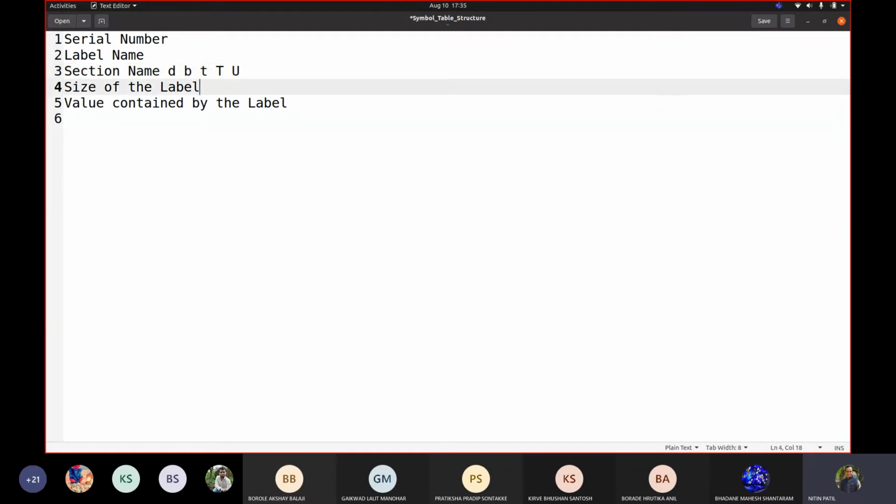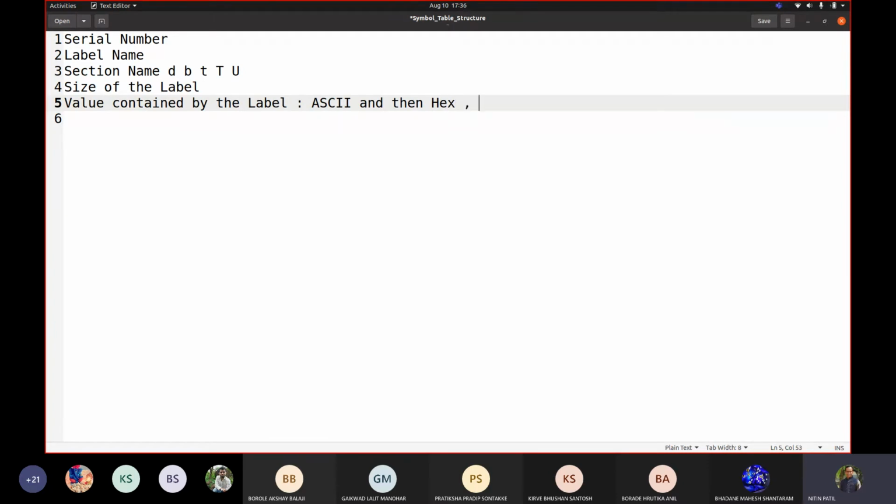Size of the label would be defined by how many bytes are required to store the value. And even the value contained by the label is to be translated first to ASCII and then to hex if it is a string or a character.